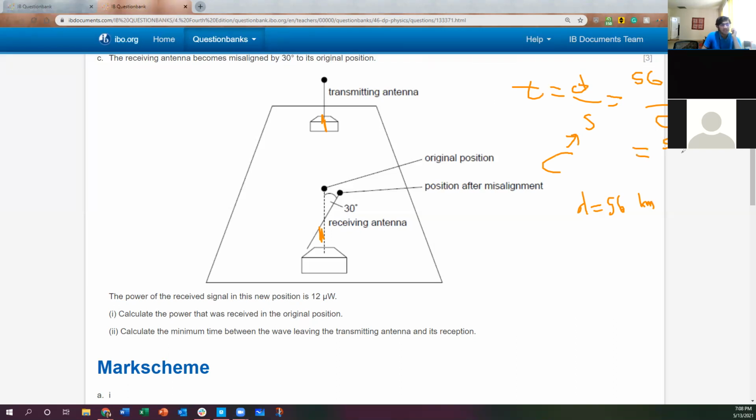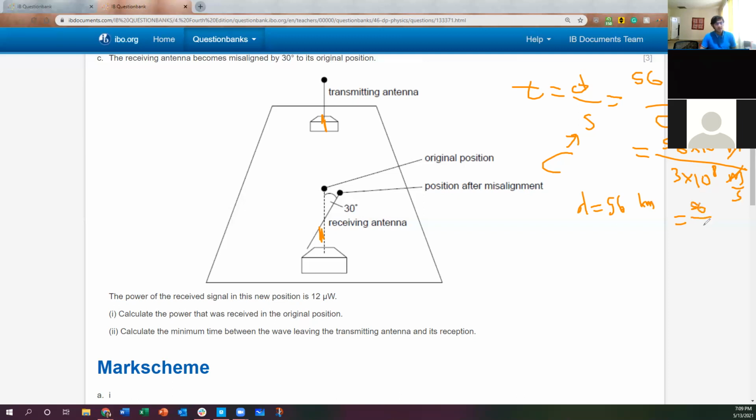So now if we know 56 times 10 to the 3 meters on the top, c is how much? It's like 9 times 10 to the 9? I don't even know what it is. I have to look at the booklet. C is 3 times 10 to the 8. I'm completely off. 3 times 10 to the 8 meters per second. Meters will cancel, and what you'll find is that, okay,